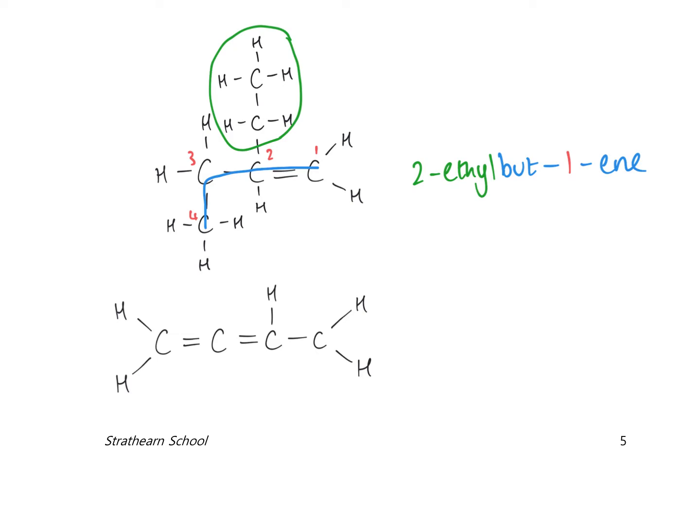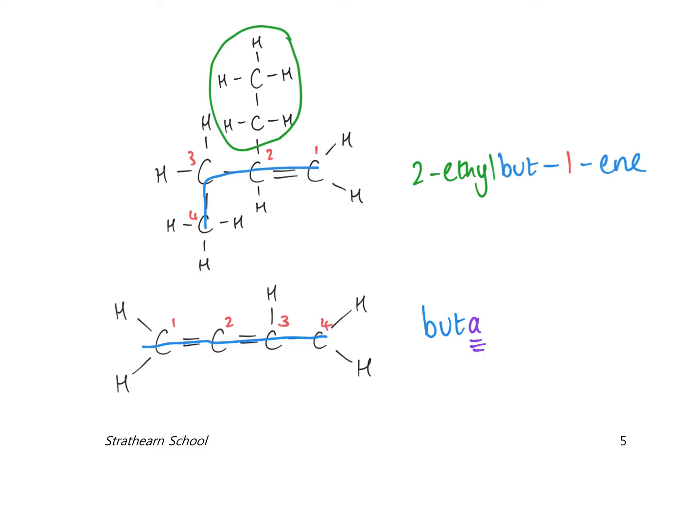Last example on page 5 then, there's more than one double bond, so you'll get a bit of practice of that. So longest chain is straight through the middle. No substituents, so don't need to circle anything. And then number the carbons so that the double bonds are on the lowest possible carbon. So that's going to be numbering left to right. So 1, 2, 3, 4. There's 4 carbons, so it's going to be but, but we have more than one double bond. So we need to call this buta, and I'll maybe do that A in purple because that was our rule